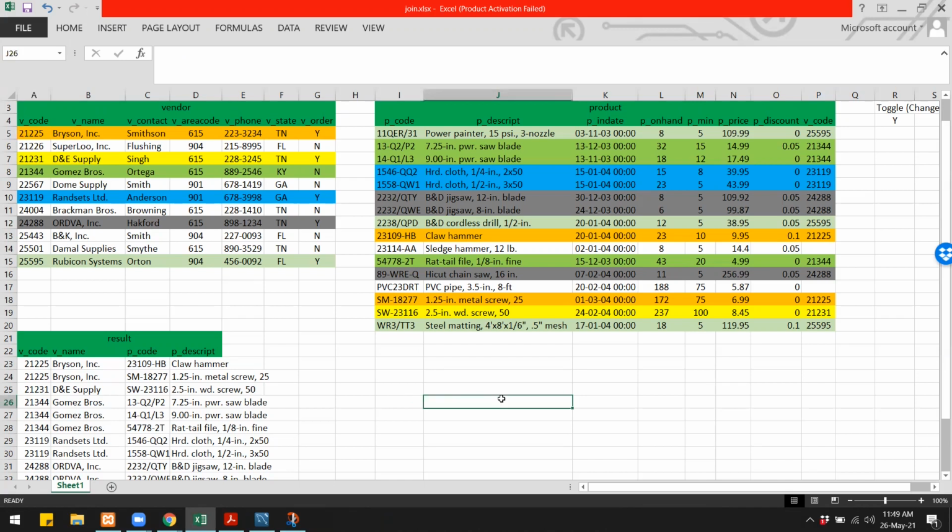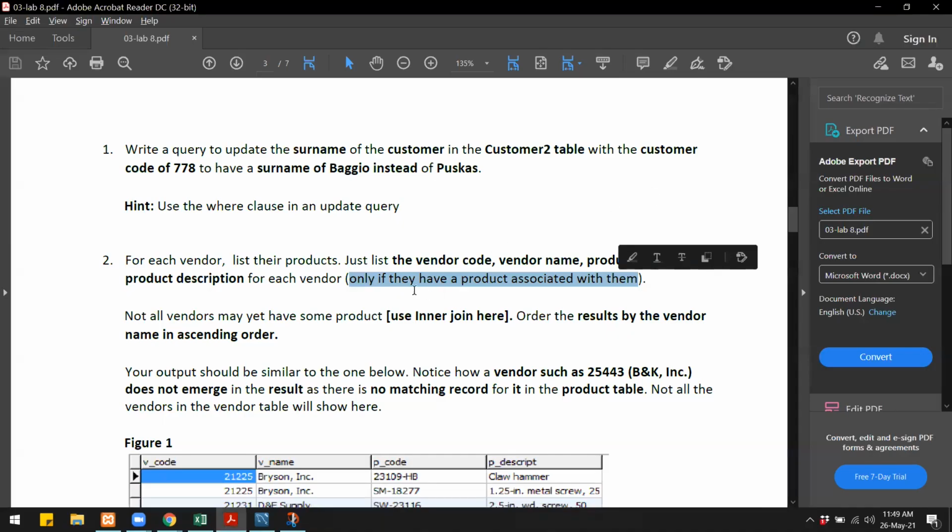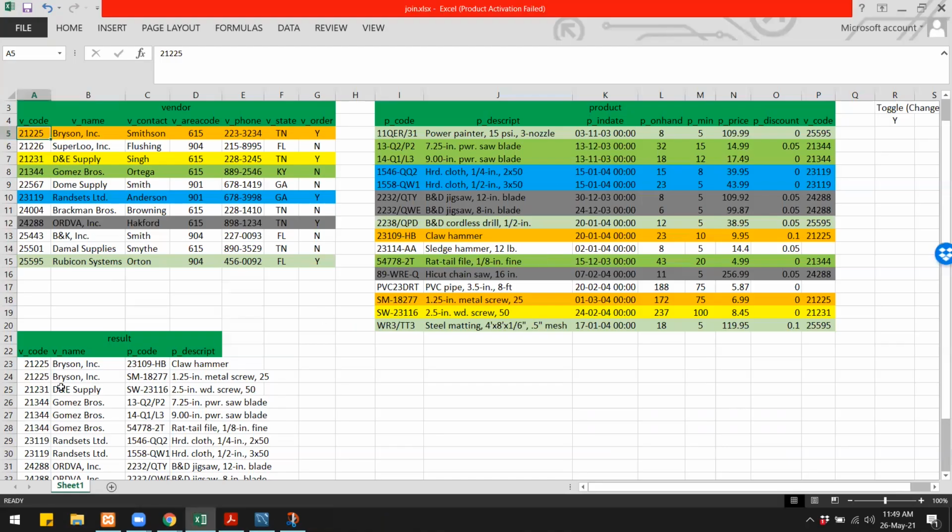So we will select those for which these values are present in this table. So what the database will do is it will start from here, 21225, then look for that particular vendor in this product table. Since we want the vendor code and vendor name, we will get them from this table. For this particular vendor, this is the name. So we have that over here.